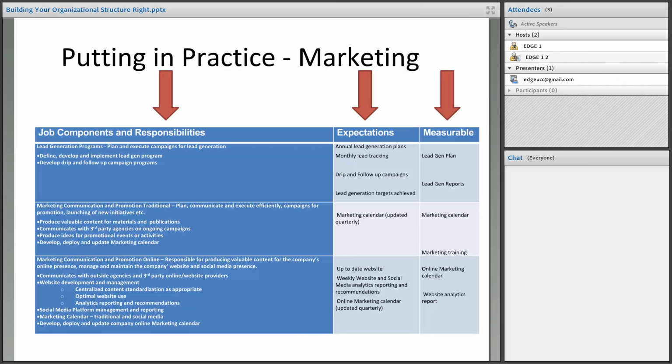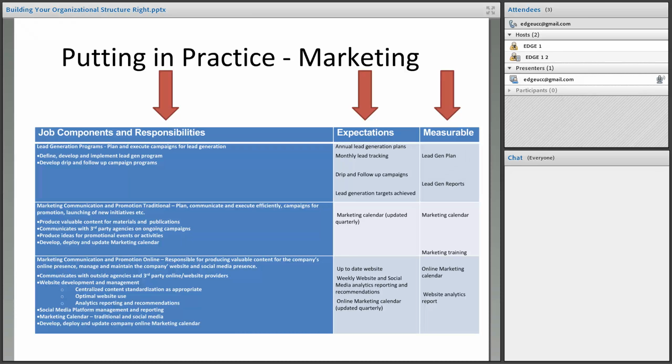So here's an example of a marketing role. This is an example of a marketing coordinator. That's what I've called this role. The first thing that I've done is I've separated it into 3 columns. And if you'd like to receive a template that guides you through this and you can just populate, just let me know. So we have job components and responsibilities. That's where I'm outlining the bucket. The main job components is also known as the bucket, and the responsibilities.